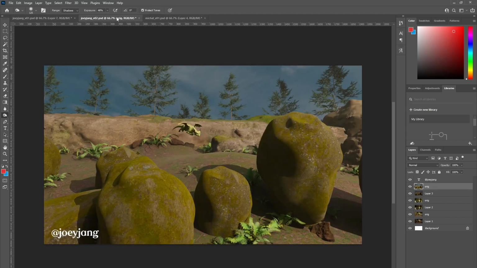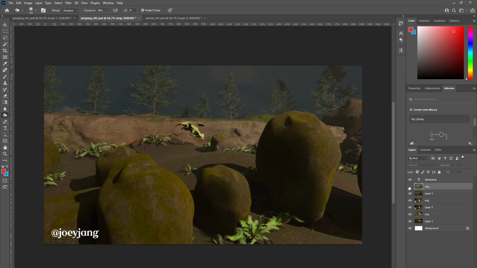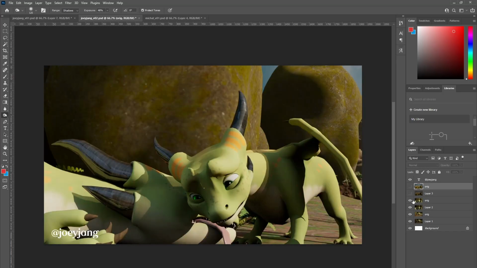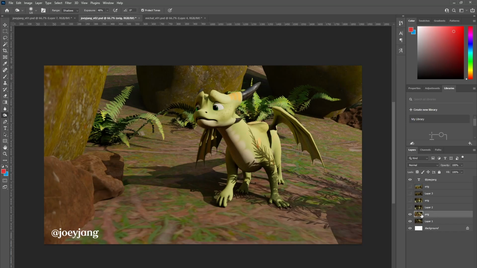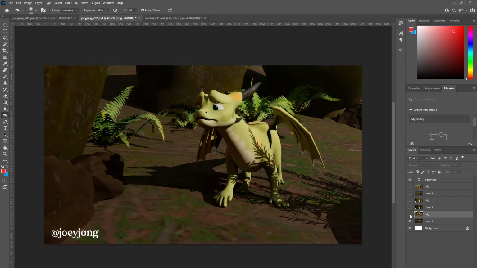All right, so next we have Joey. So Joey, I've got some before and afters. So I've got your original and where you're at. So maybe we can start on this frame. On this frame, we have your original submission, which is, I feel, a little bit overlit. And this is where you're at.